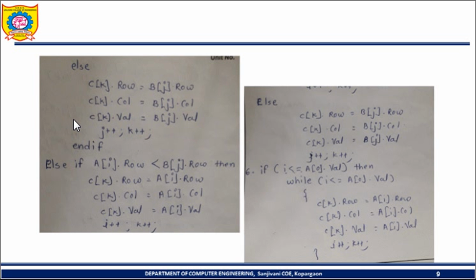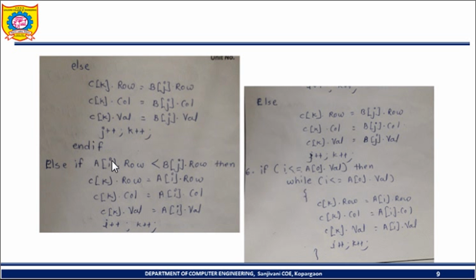So all these cases we have already seen in the example, and the same cases we have written in code. If you are not understanding, first go through the example and match that example with this code. All those conditions we have covered. If this is not the case, meaning the columns are equal and there is a mismatch between the rows, then we have to check that.